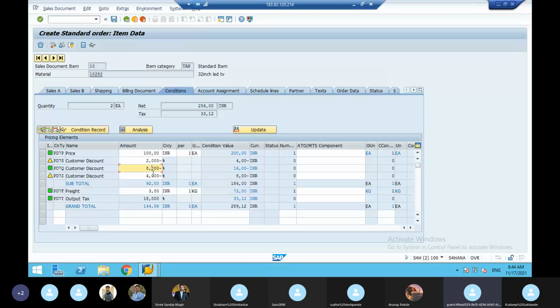Otherwise, even in India also, one material is not going to sell properly. The manufacturing date is expiring. Whatever they do, they're not going to sell it. So what they're going to do in the year is take a short closing. They're going to call it material short close. So at year end, November, December, they'll say if you buy this material, we'll give 8% discount. So that is one. Otherwise, festival season. Already during festival season they've given 2%, 4%. They want to give one more discount, which means the system has to accept that and exclude the older one. That is called condition exclusion.